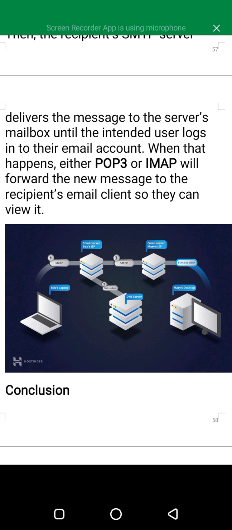So step 1, SMTP goes to the email server of the sender, checks the domain name of the email address in the DNS server, then continues to the receiver's email server and then to the receiver.